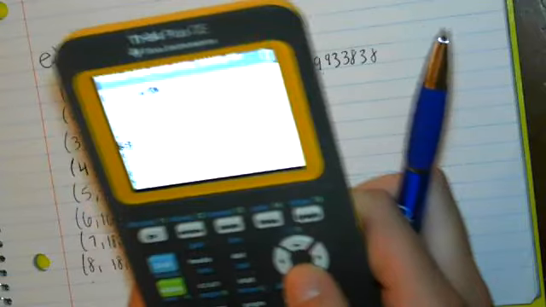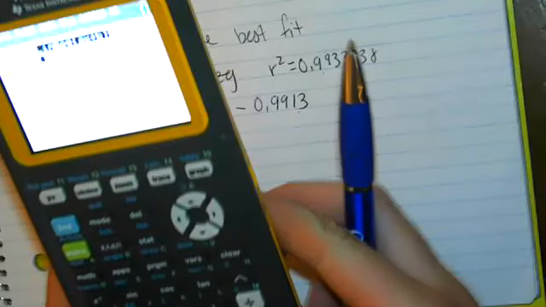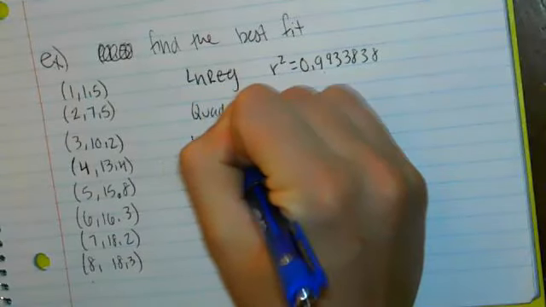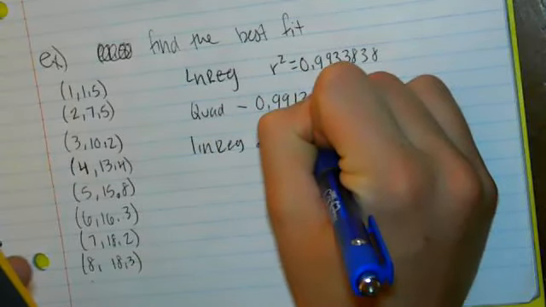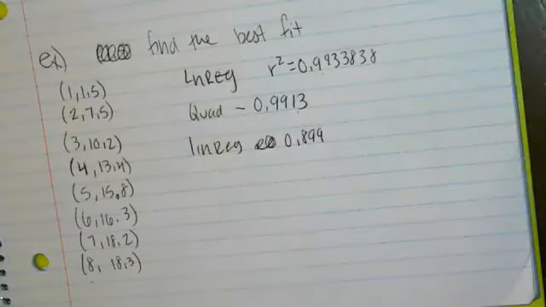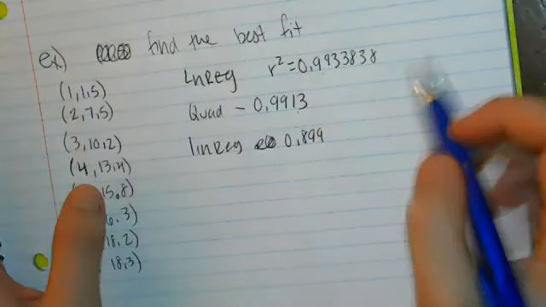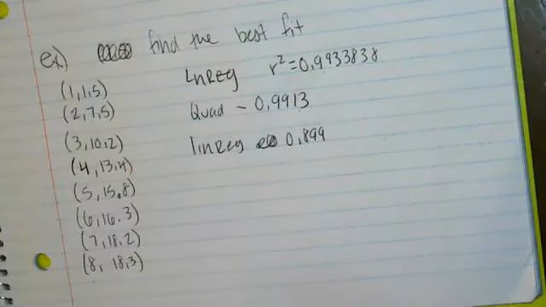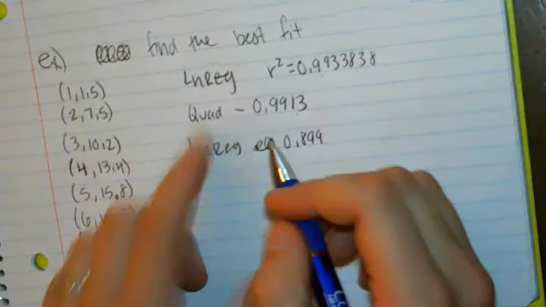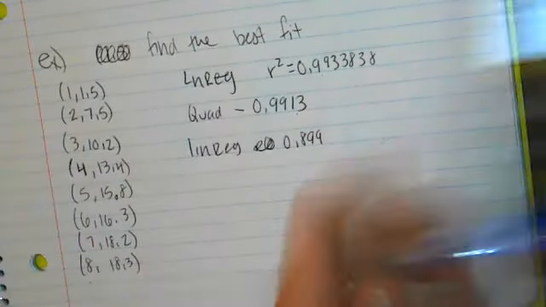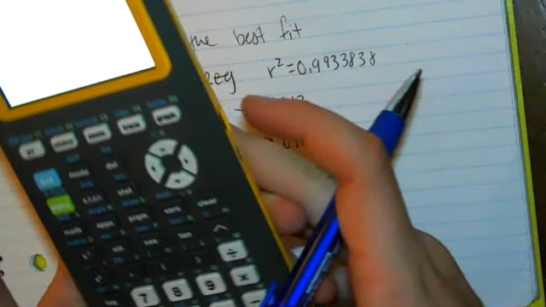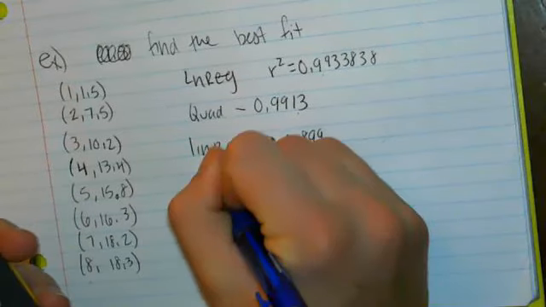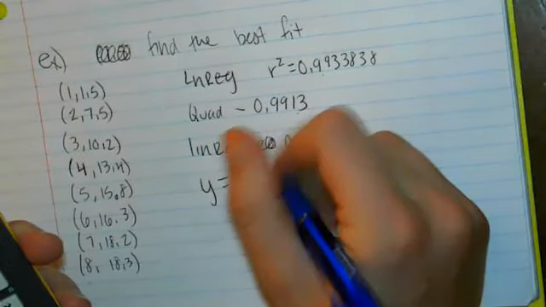So we know linear is likely not it because it's not a straight line, but we can go ahead and test it. R squared for linear is 0.899. So not very close to 1. So when we're looking through the 3 that I've tested, you can test all of these if you choose to, but logarithmic is coming up as the best. So I want to go actually get the function for that. If we go back and test it, we can see that it is